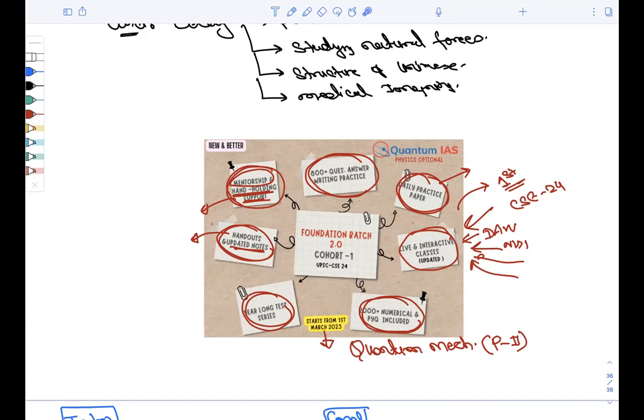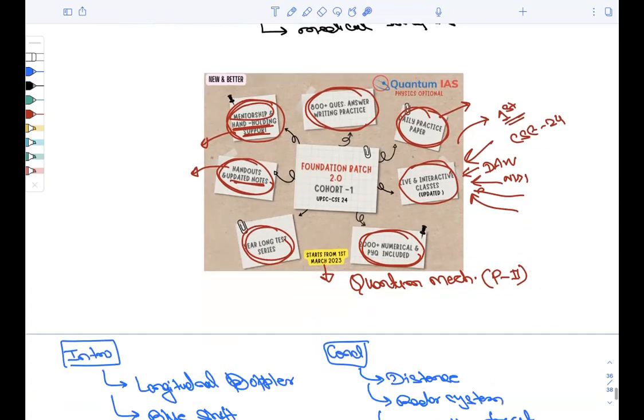And this year we are starting with quantum mechanics, right? Most of the students say that we want to study paper 2 first. We know about mechanics, we know about aeronautics a bit, but we are scared of paper 2. So we will be starting from the quantum mechanics part, right? Modular course also this year we will be introducing for quantum mechanics. That details will be out soon.